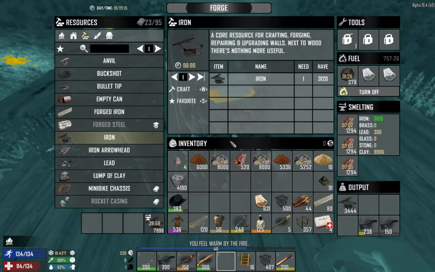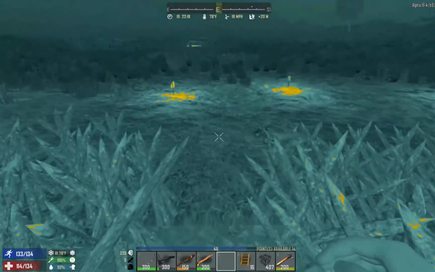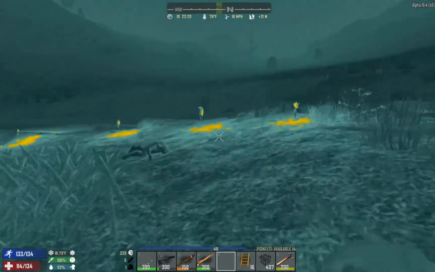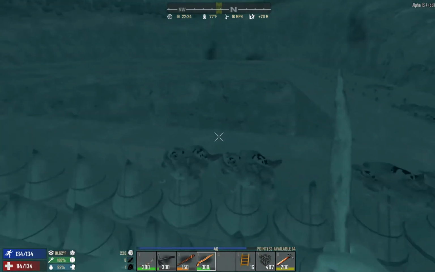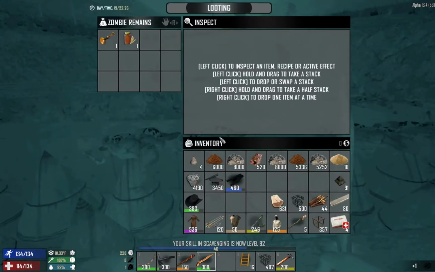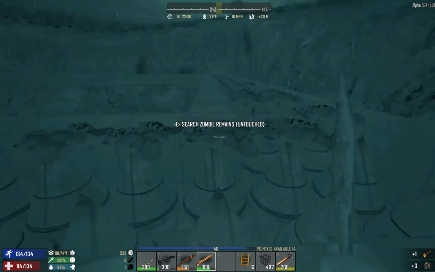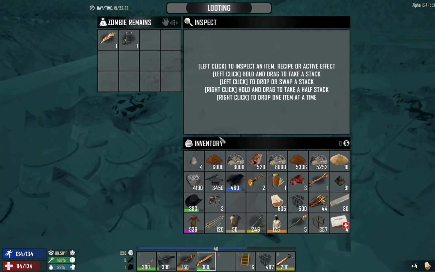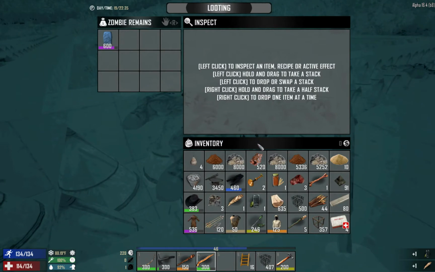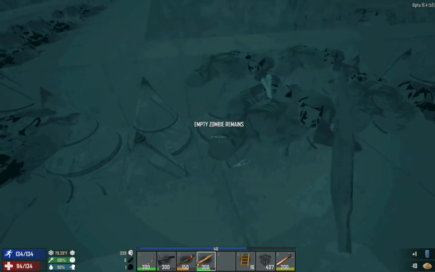Okay, we need to go out. I want to see how much loot we got from that. Bodies galore over here. Ooh, I'll take those all day. That's why I like a little walkway in between here. I'm gonna drop that and drop that for now. Probably drop that too. Not sure I need this skirt, but